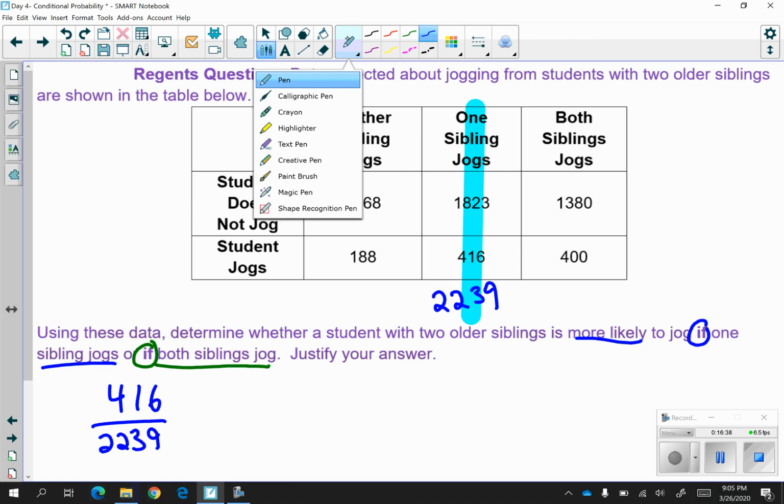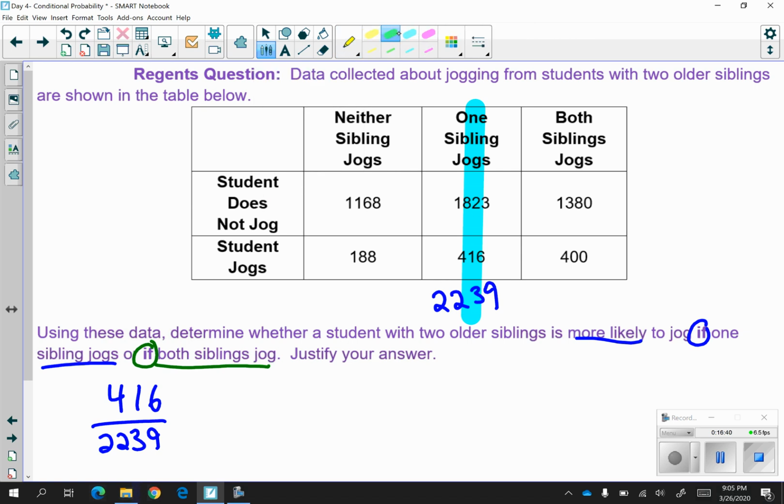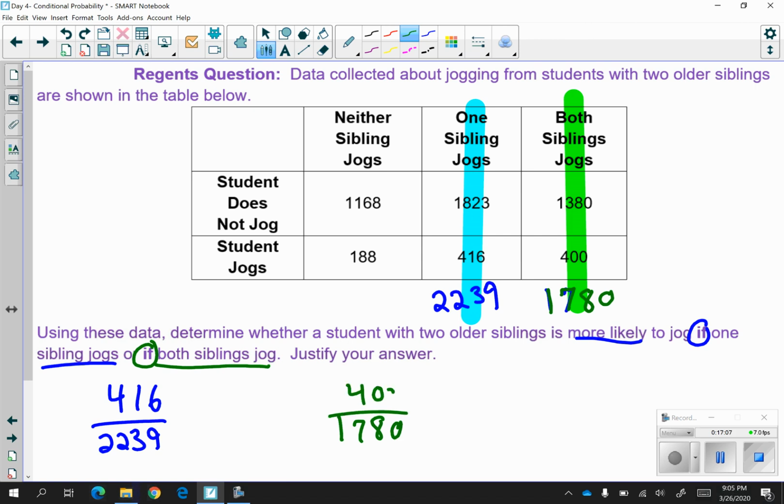Now on to the other one, when we're talking about both siblings jogging. So I'm going to highlight this. This is what I'm looking at. And you need to find your total for that one as well. Your total for both siblings jogging is 1,780. So of the 1,780, 400 of them jog. So now that you found both probabilities, you have to figure out which one's more likely